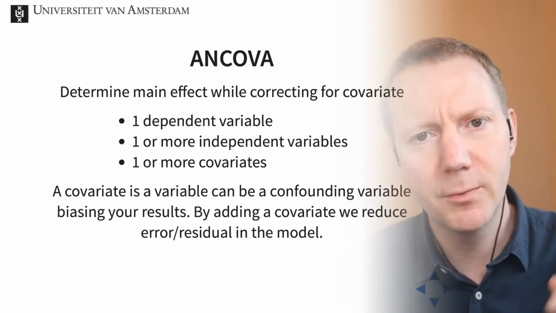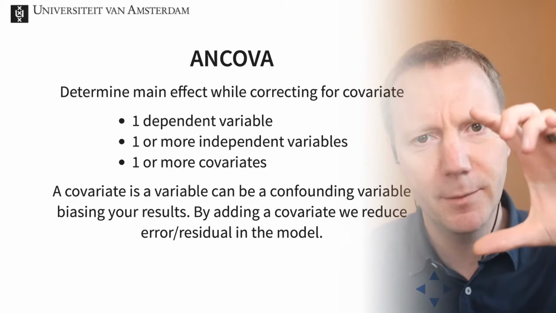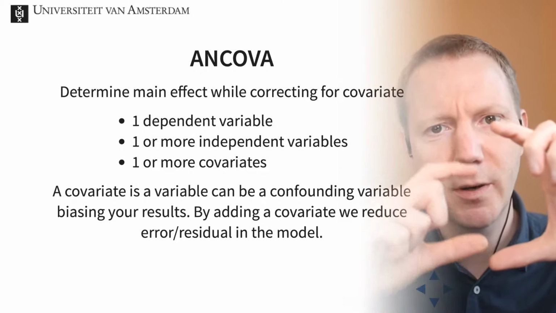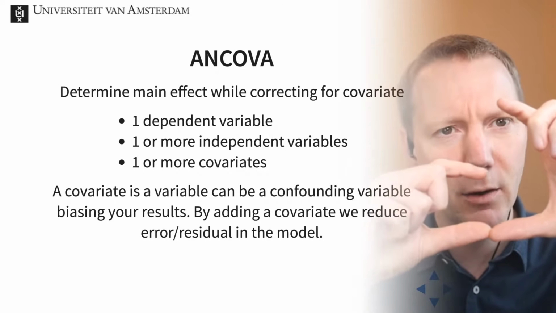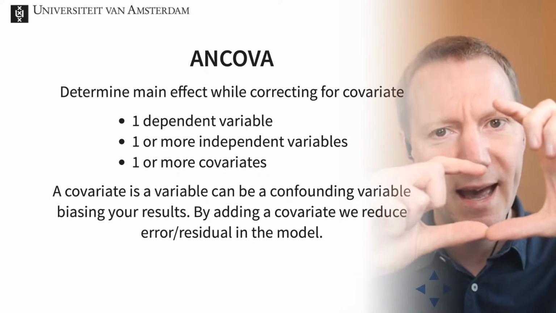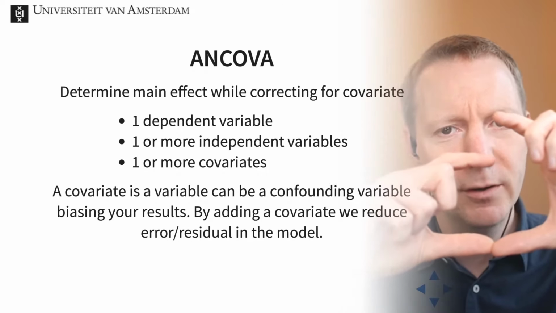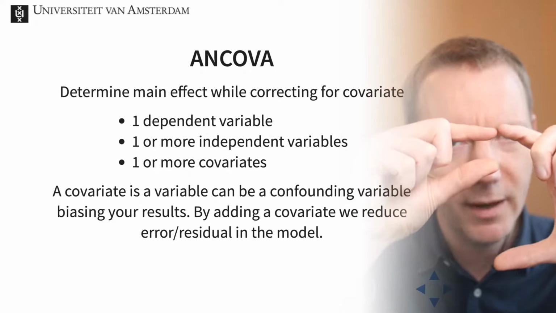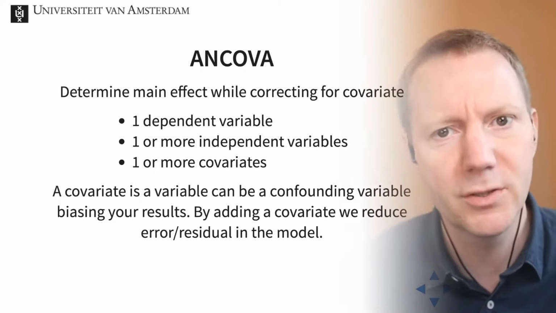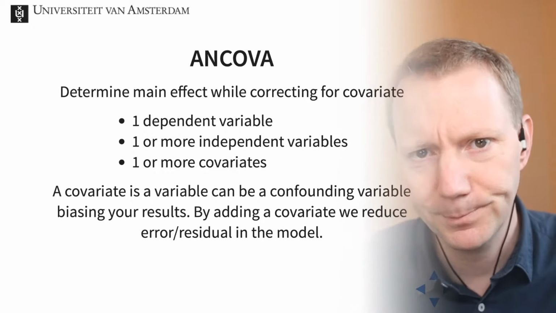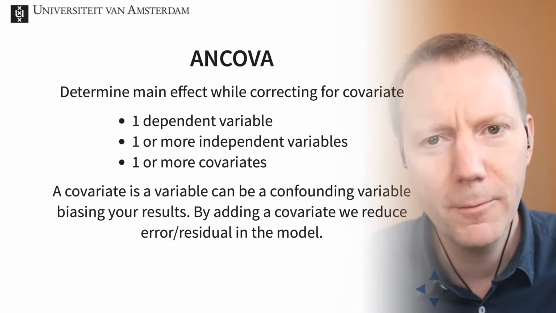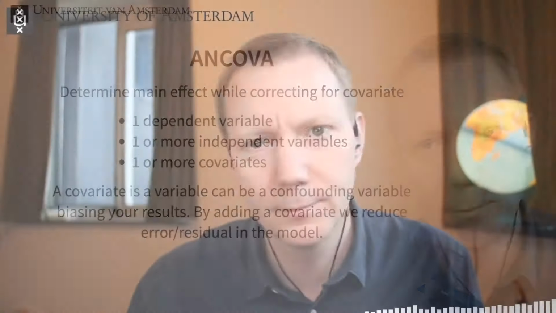Where last week we split the explained variance part and the unexplained variance part, the notion here is that if we add a covariate, we add explained variance, and we therefore shrink the amount of unexplained variance. But we'll go into that in more detail during this lecture. Does that make sense for now? Yes. Very good. Okay, so